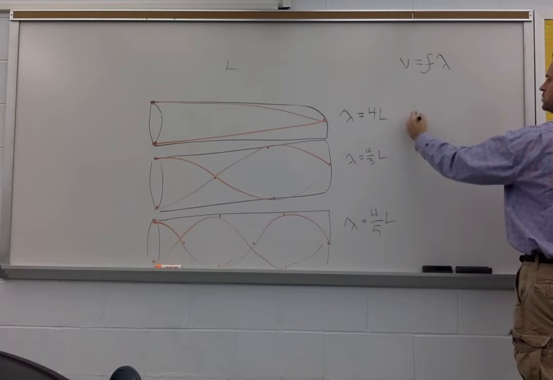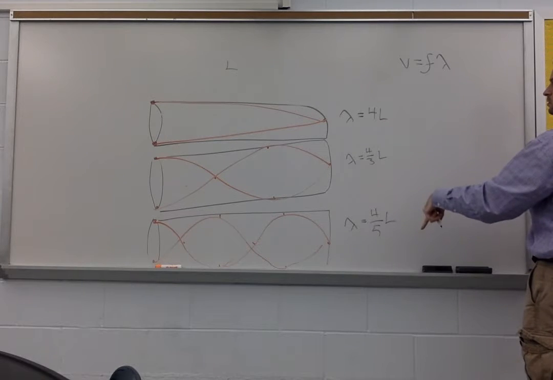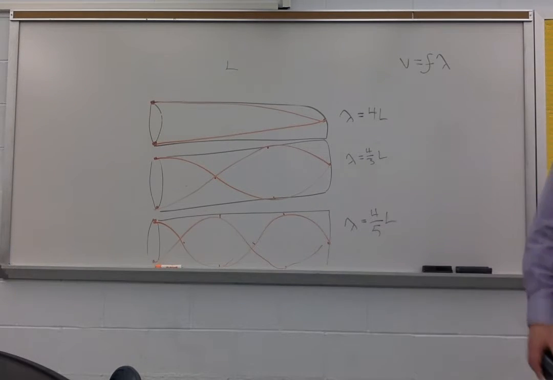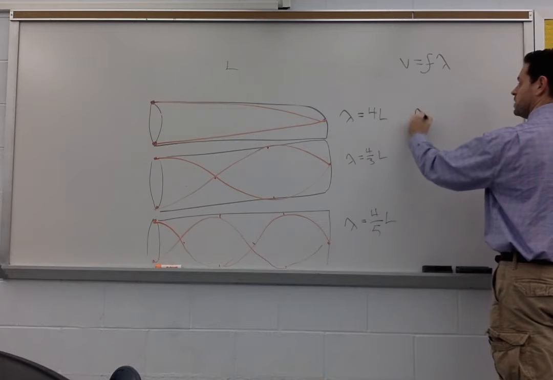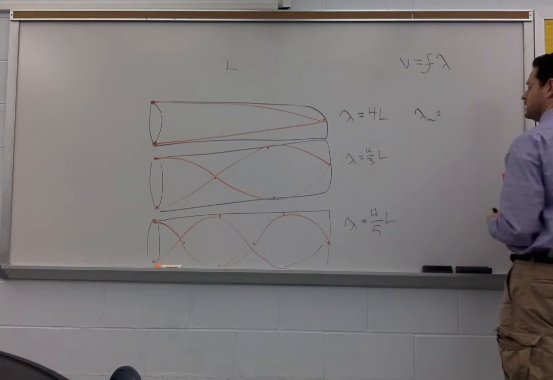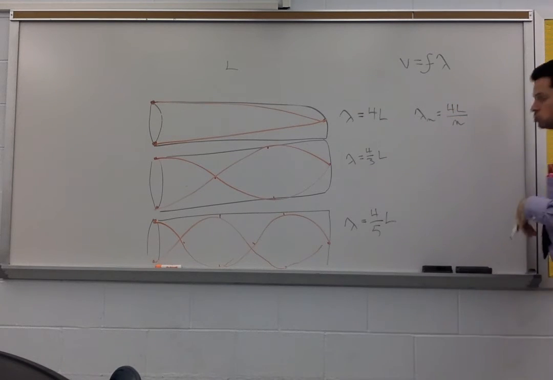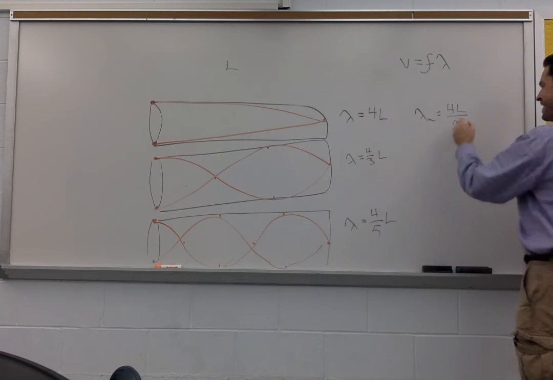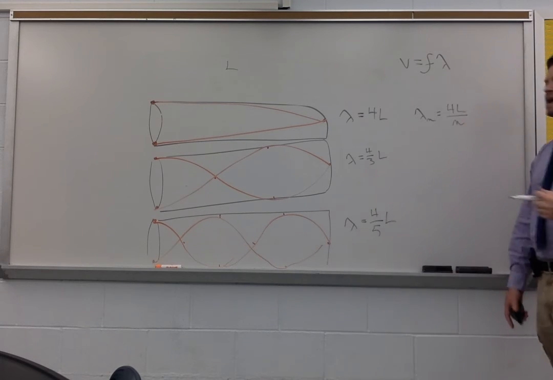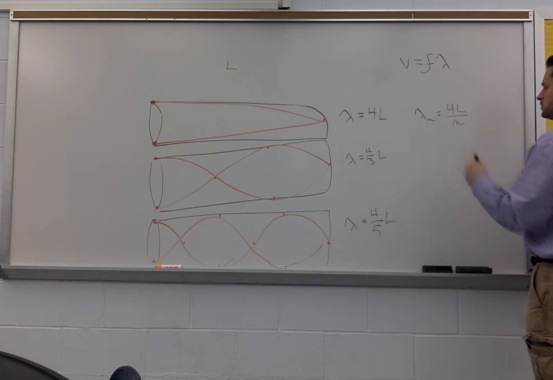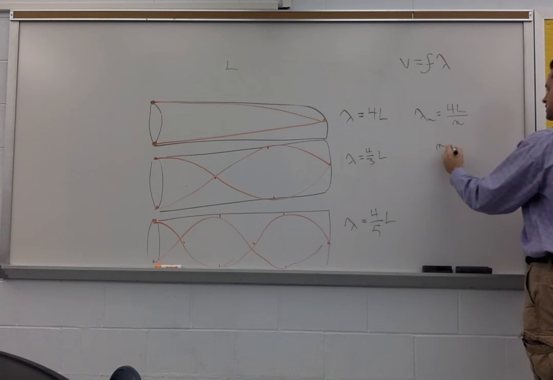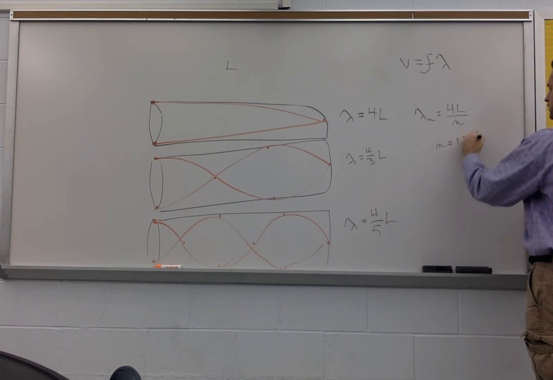When we write out an equation for the wavelength of a particular harmonic, we find that the wavelength of the nth harmonic on a closed-ended tube is 4L over n, as opposed to 2L over n for an open-ended tube. But we furthermore find out that n can't just be any positive integer. In the case of a closed-ended tube, n can only equal odd positive integers. So 1, 3, 5, 7,